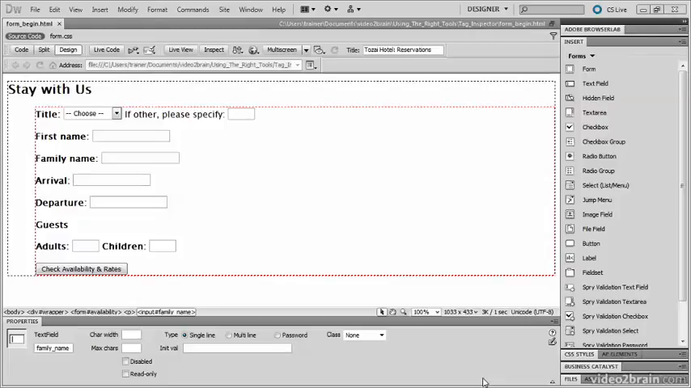HTML5 not only adds new tags such as header, footer and nav, it also increases the number of attributes that can be applied to elements. This is particularly true with regard to forms. Although Dreamweaver CS5.5 supports all the new tags and attributes, you need to look beyond the Property Inspector to access